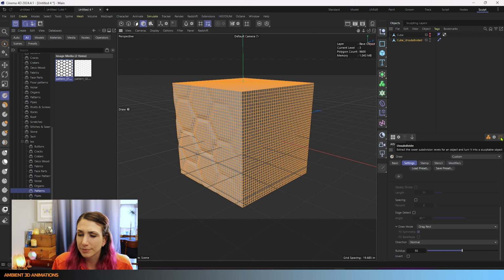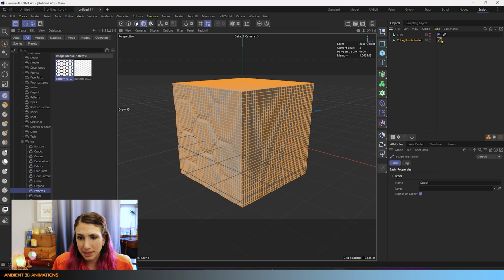In theory, most of the sculpting tools work on a mesh regardless of if it has this sculpting tag added to it, which is what is added when you hit the unsubdivide. So that's a little bit of a bug perhaps that I found. And we're actually going to go more into depth of what the subdivide and unsubdivide are within Cinema 4D for sculpting pretty soon. But that's just something I wanted to show you,